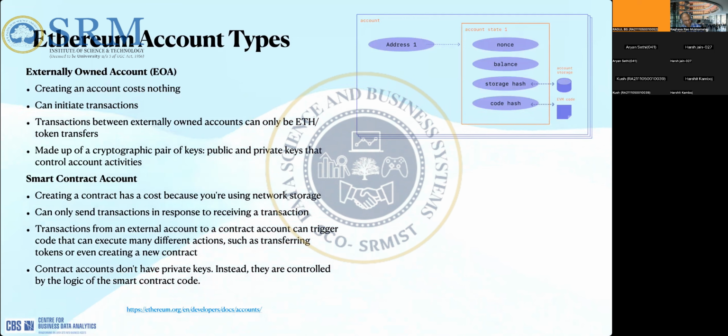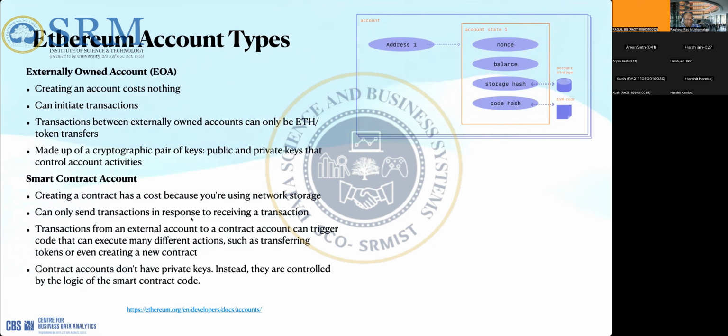You develop a smart contract, you test it, and once the smart contract is ready for deployment, you create a transaction for creating the smart contract. So you will pay some gas fee, because you are actually storing something permanently on the blockchain. A contract deployed on the blockchain is like a permanent record, right? So it creates a permanent record. So creating a contract has some cost based on the type of operations it has, based on the logic and the number of computational units it requires to execute the contract, right?